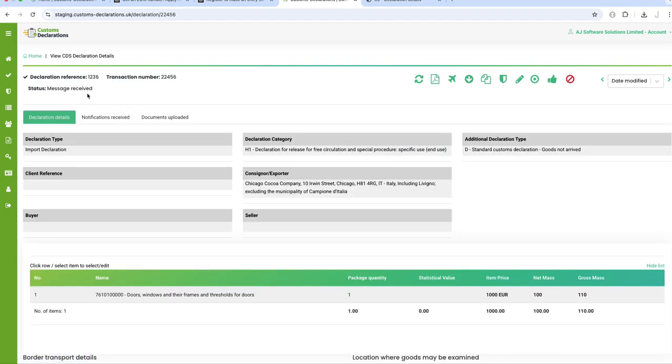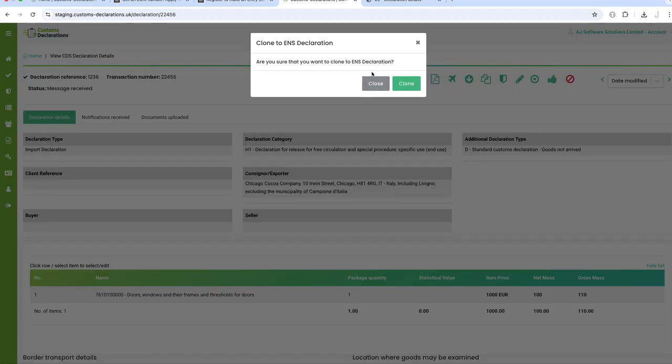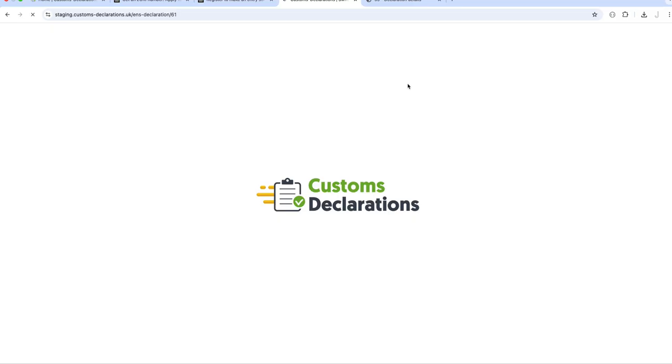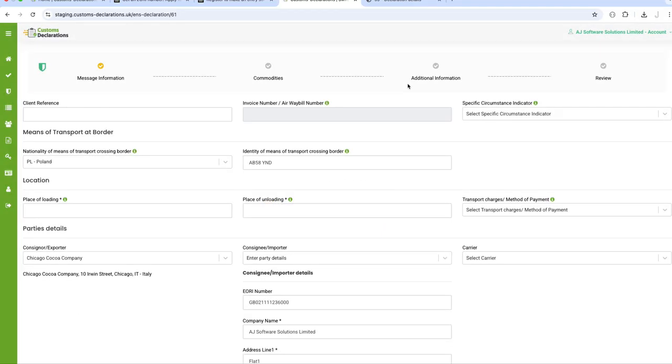So we have a CDS declaration which is successfully submitted. You see all these options and the status as successful. We've got videos on how to submit different scenarios of CDS declaration. I'll not go into that, but I'm focusing on the safety and security and ENS declarations. So there's a shield icon, which is our representation of a safety and security declaration. If I clone to ENS declaration and clone, this becomes a new draft safety and security declaration. So if I click, enter the reference here,